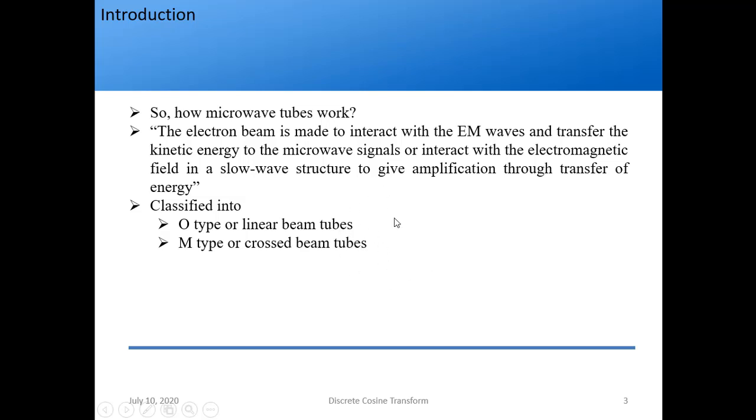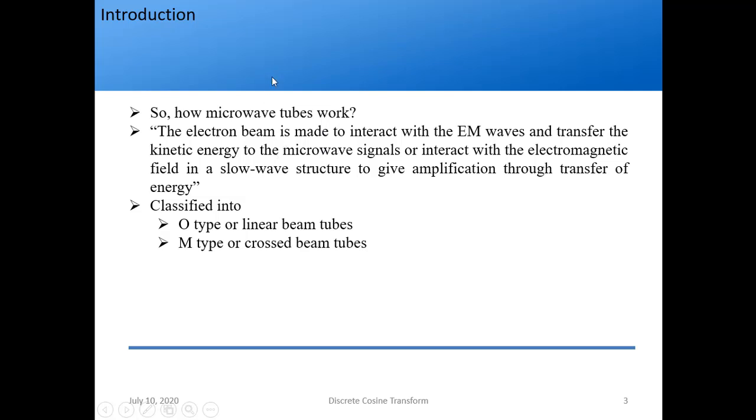So if you see the voltage divider bias network, we always have a DC source also there. We are giving the main input as AC, but we have a DC source to bias the BJT, right? So from the DC source we are getting the extra energy. Somehow the DC power is getting converted to AC power. That is the same thing which we are using in microwave tubes. So in a simple way you can understand with the help of a BJT.